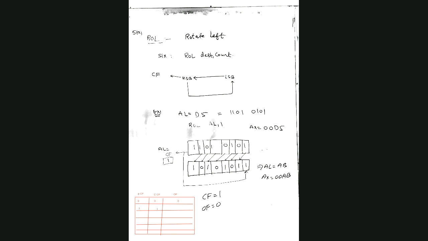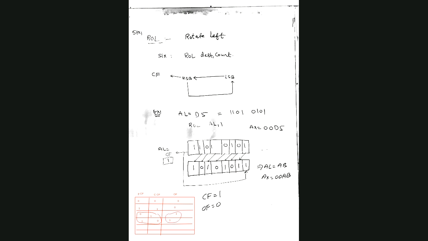But if the value of the carry flag was 0 previously and is 1 currently, then the overflow flag will be set because there is a change in the carry. If it was initially 1 and is currently 0, this is also a change. If there is any change in the carry flag, the overflow flag will be set. If there is no change in the carry flag, the overflow flag stays as it is.